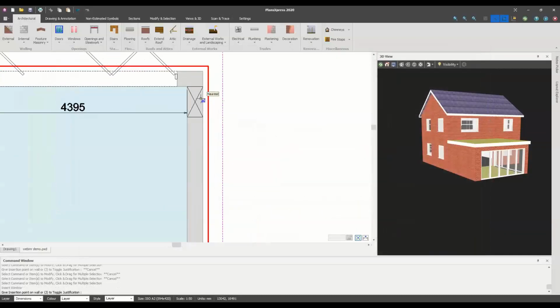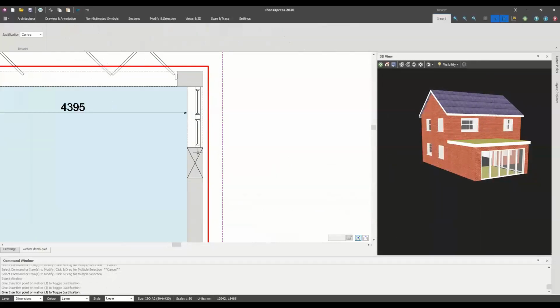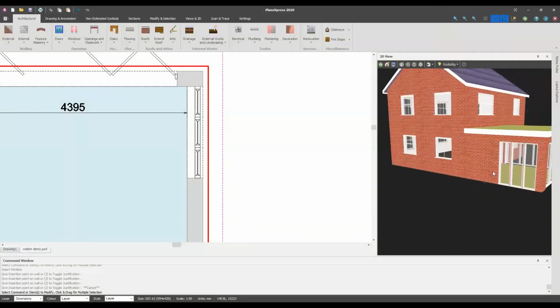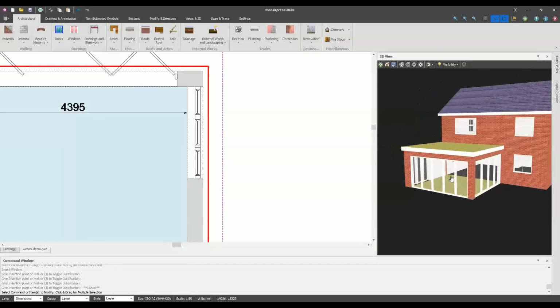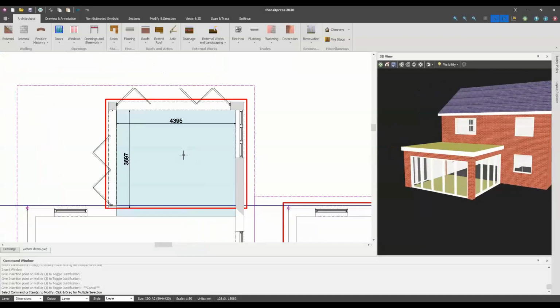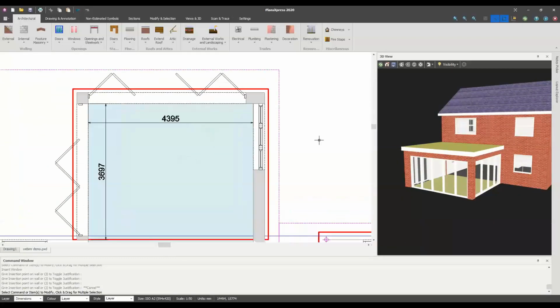And then what I'm going to do, I'm actually going to pop some windows just along there, just to open that up. Okay, so if they want it nice and open, then we can do. And what we can also do in here as well is we can pop a roof lantern on. So if we want to set the roof lantern to a specific